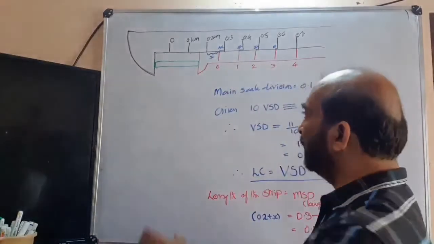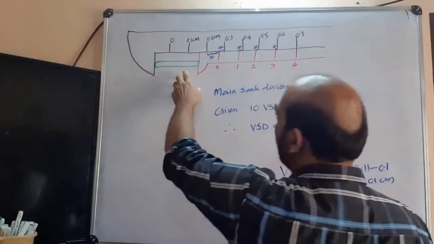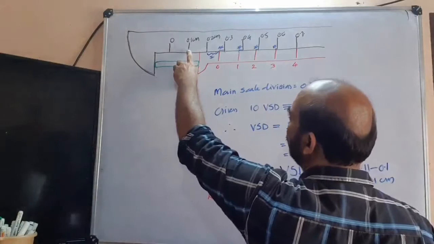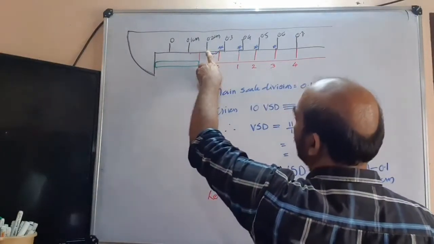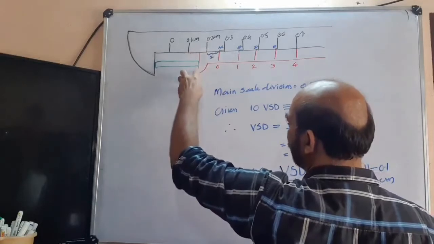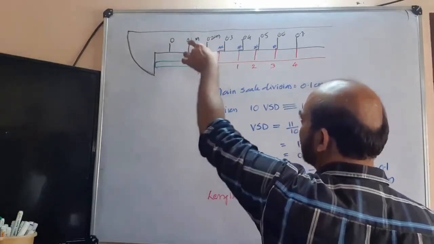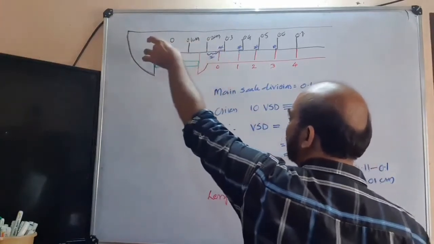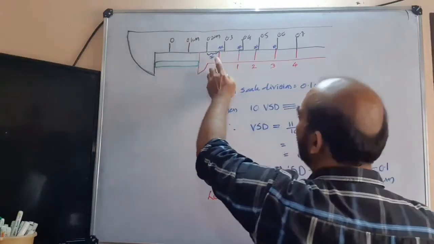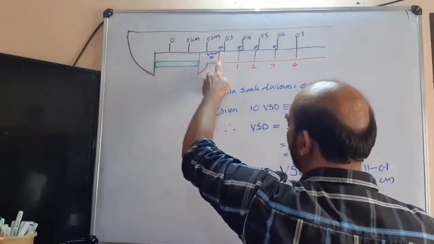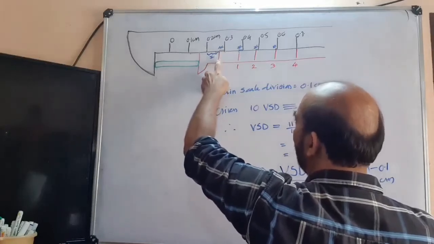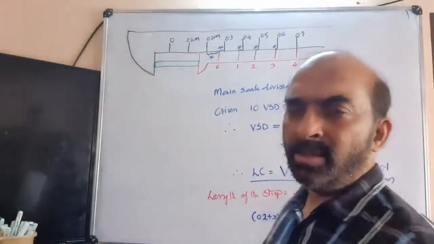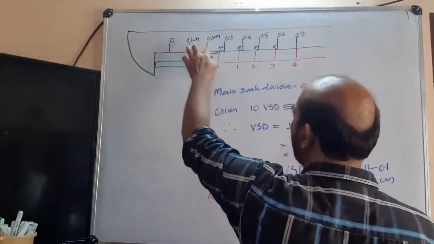See here in this diagram, the length of this strip. The main scale division comes in between 0.2 and 0.3. We shouldn't refer to this, we should refer to this only. This distance is compensated by this distance, so ignore that. We are bothered only about this zero. Reading should be corresponding to this line only. See, this zero comes in between 0.2 and 0.3. So one may say that the length of this strip will be 0.2 plus x.